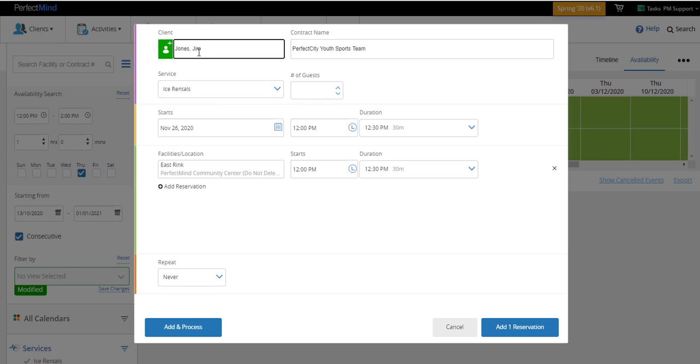If your client is attached to an account, the account name will show up as part of the contract name. You can either leave this as is, you can enter additional information, or use any contract naming convention that you typically use in your organization. We'll go ahead and enter November